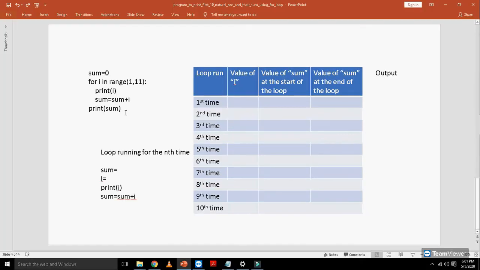We know that in the for loop, when the first iteration begins, the first value from the sequence is provided to the loop variable, and then the statements inside the loop execute according to that assigned value of the loop variable. Only when the next iteration starts, i is given the next value from the sequence and the iterations continue until all the values from the sequence are exhausted.